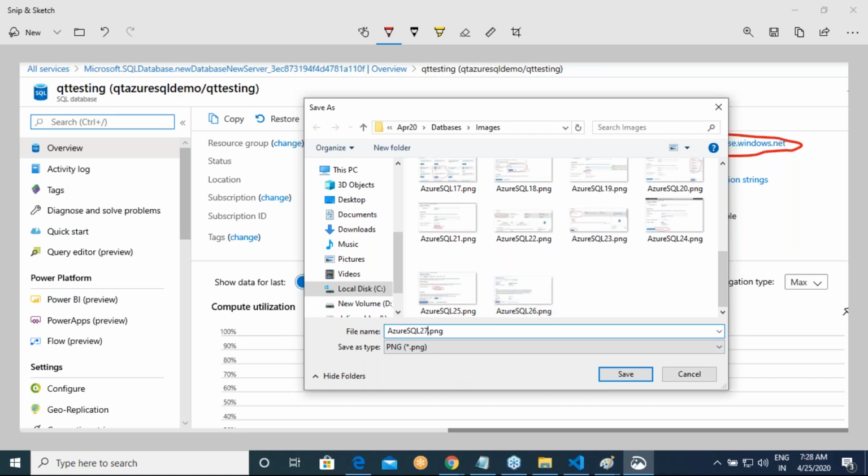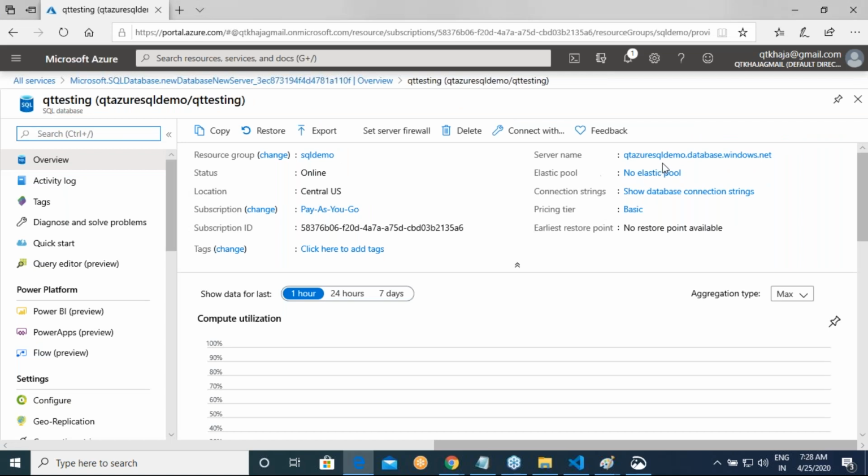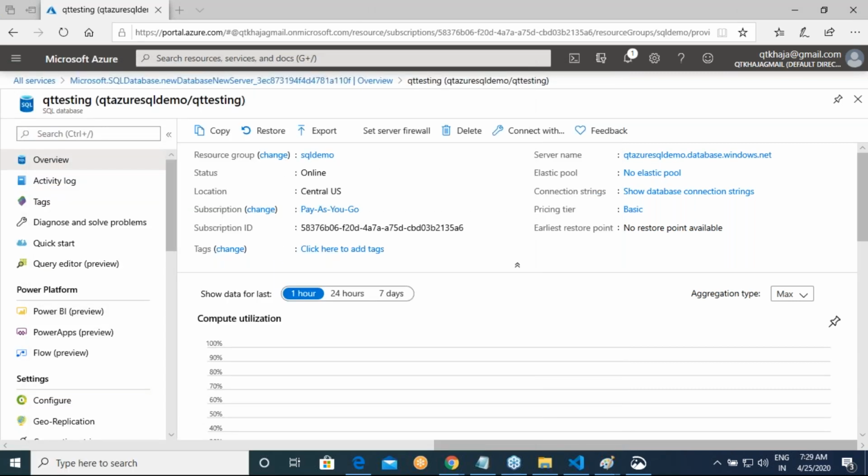Let us assume that I want to connect to this database. How can I connect to this database? Generally, if you know SQL Express, you can connect it with Visual Studio and all of that stuff, right? But let me try to see. I think I should have SQL Server Management Studio.